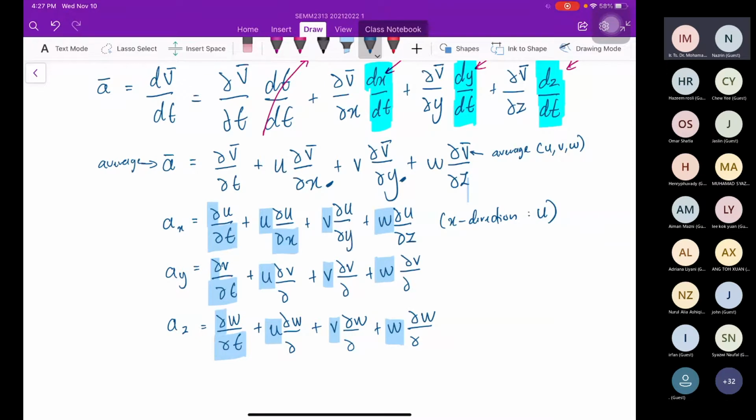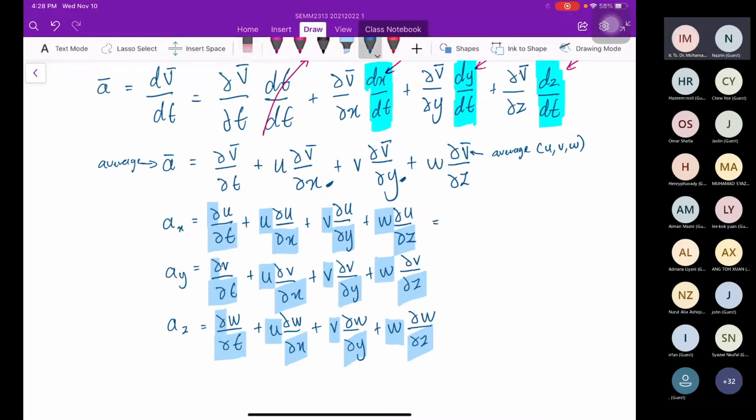X, Y, Z. Okay, you can see the similarity. This one, very similar. So what should I do if it is similar? I can do factorization. So what I can do is I do the factorization. How to do? Okay.